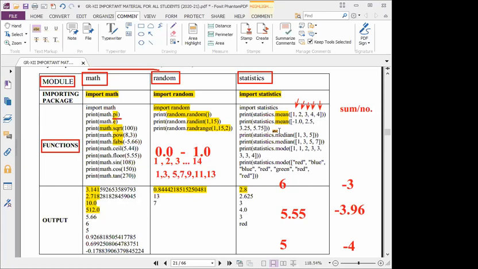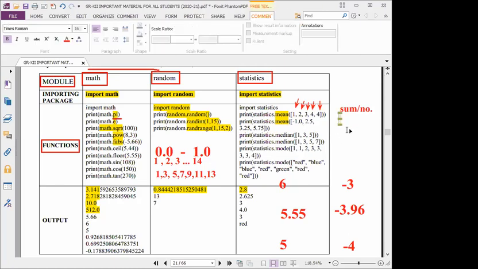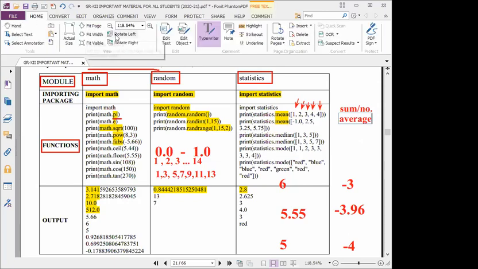You just do the average, adding all the values and dividing by the number of values. Understood, everyone? That is the function of mean, which does the average calculation. Then the next function is median.